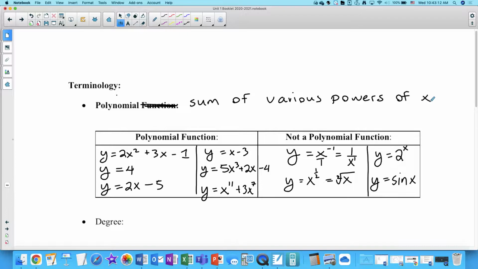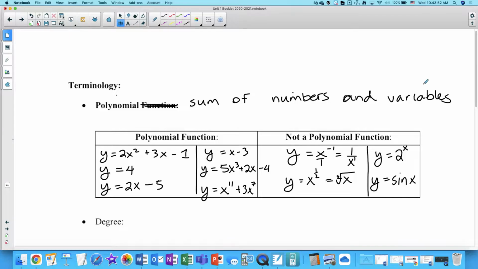Okay, and actually, I'm going to break that down even a little more. Sorry. Various powers of x. Let's write that it's the sum of numbers and variables. Let's do it that way. And in fact, numbers and variables that can be multiplied by numbers as well. So for example, this 2x squared here is 2 times x times x. Okay, that's 2 times a number, or times a variable, plus there we're adding 3 times x, and then minus